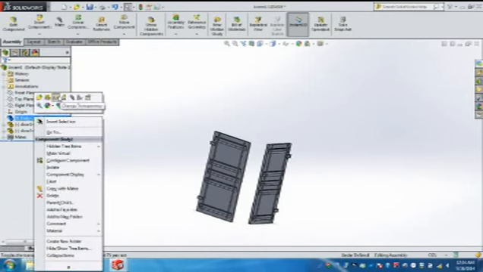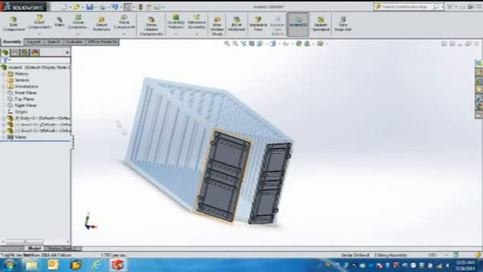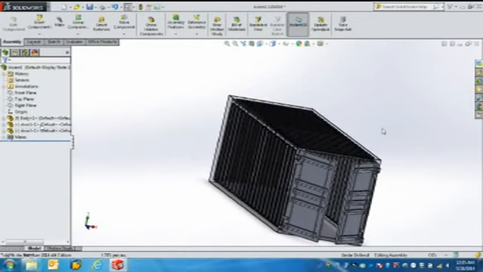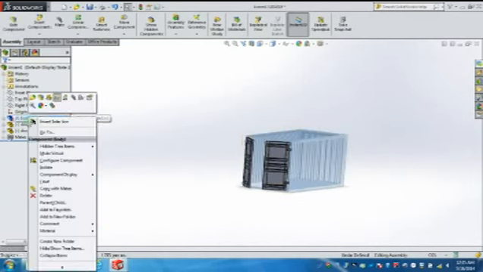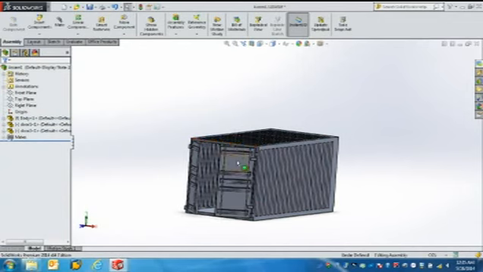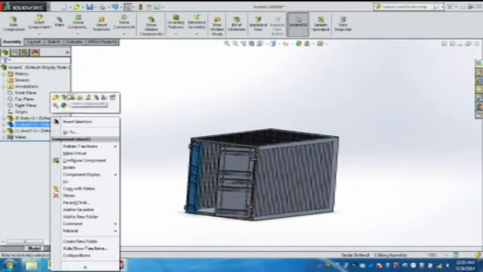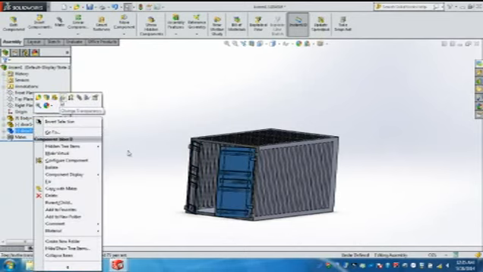Well, I have inserted the main body of the container here. I should make this one transparent. Well, I have inserted the main body of the container, then this door,